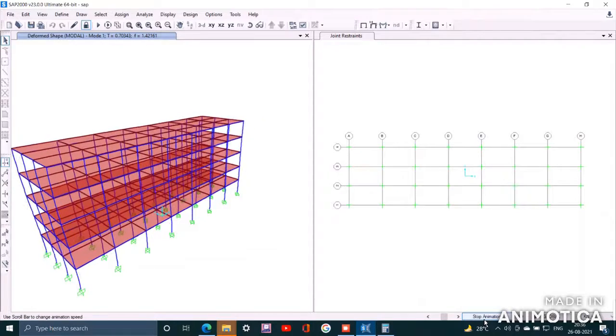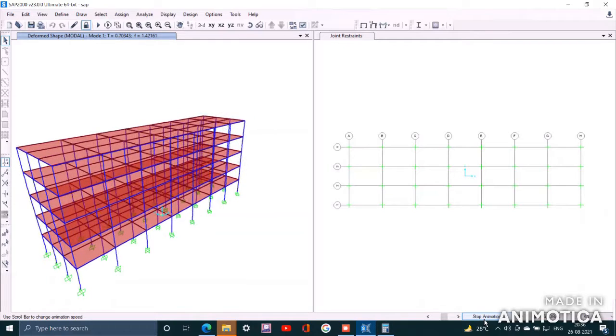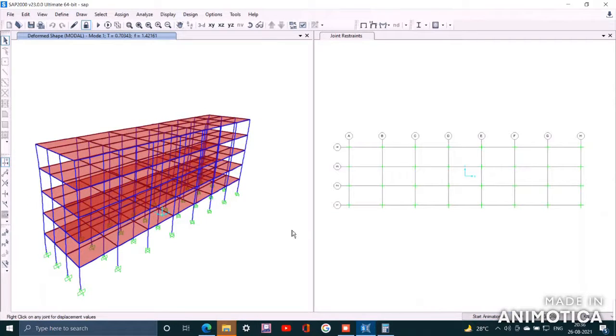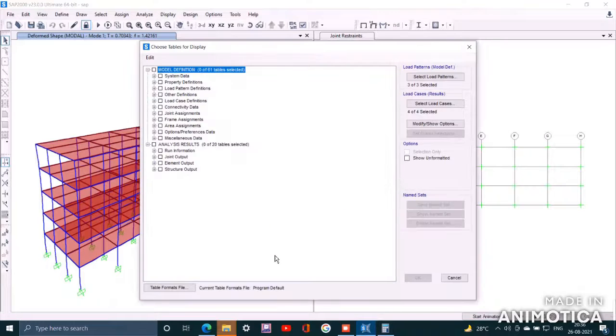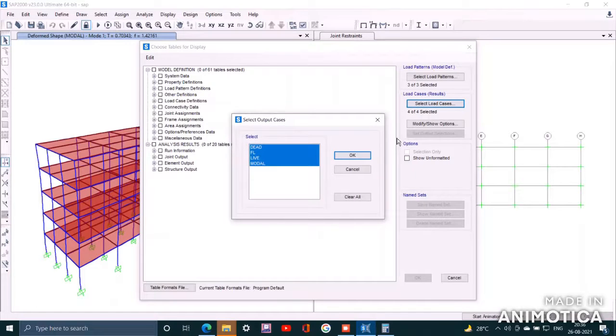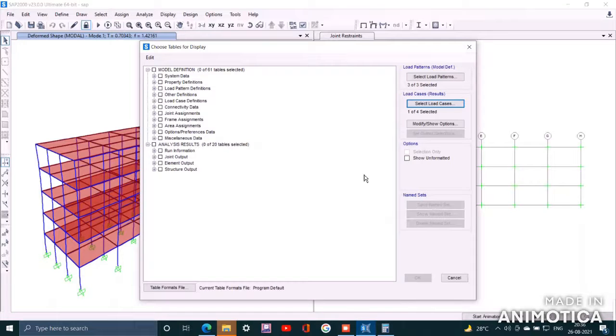We have done the analysis, we have run it and shown it in an animation. Now we'll show the results in the table. So we'll go to the display and show tables. Here select the load cases. We need to select the dead load first. So here we need to select the dead load, click on OK, and